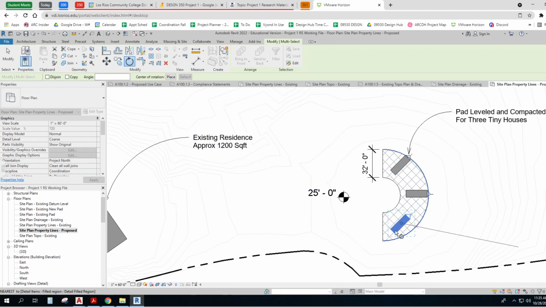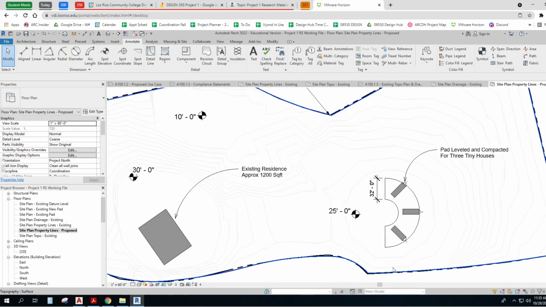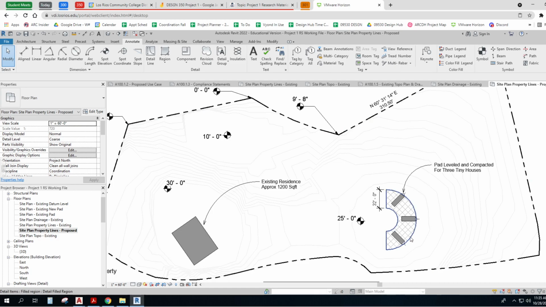And then rotate. And it looks like it's in pretty good place right there. Right? So there, now that's really